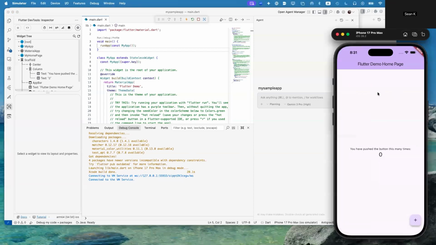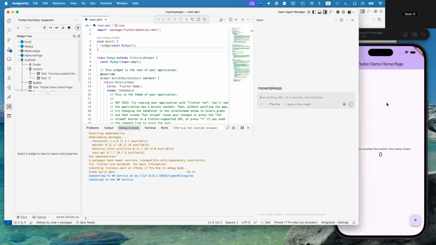Okay, so now that the sample app got started and is running in the simulator, we'll try to do something simple. So I'll say something like: set up this Flutter app to use Flutter Bloc as the basic architecture and create two screens called dashboard and settings,